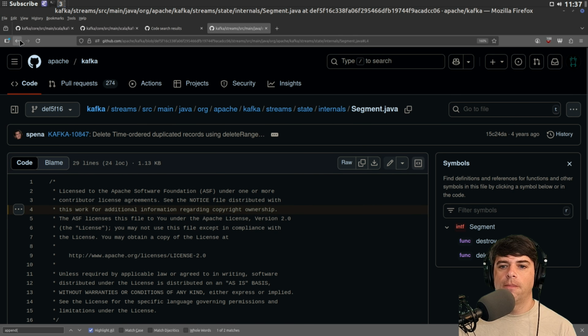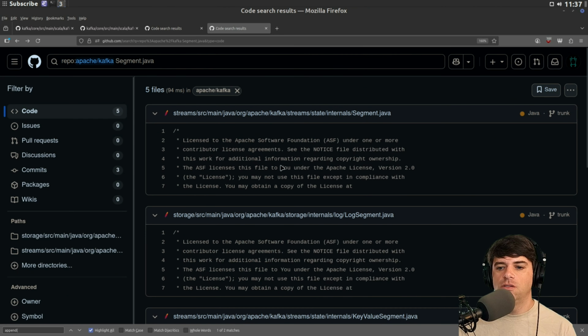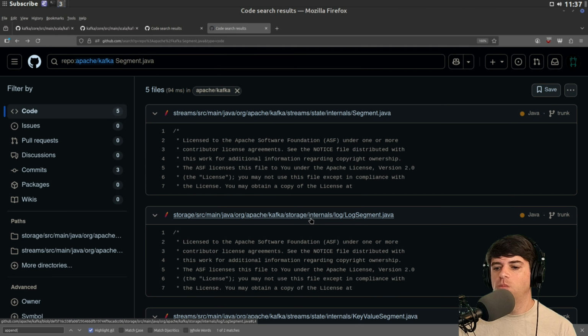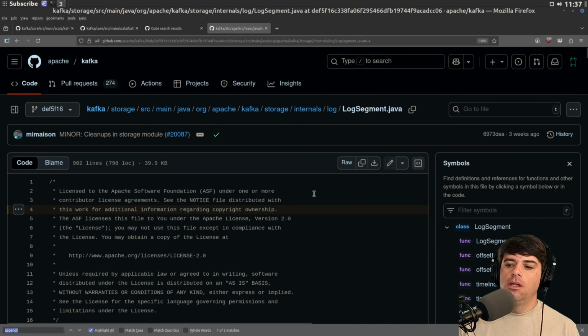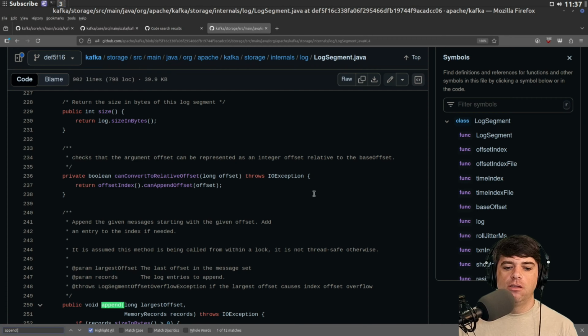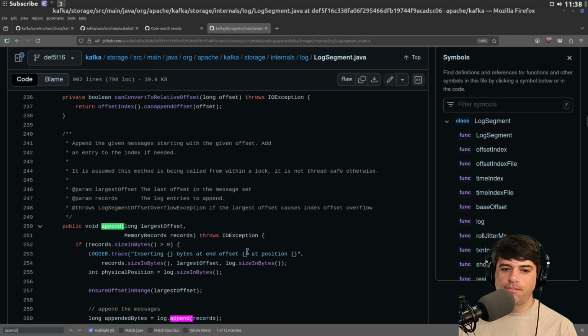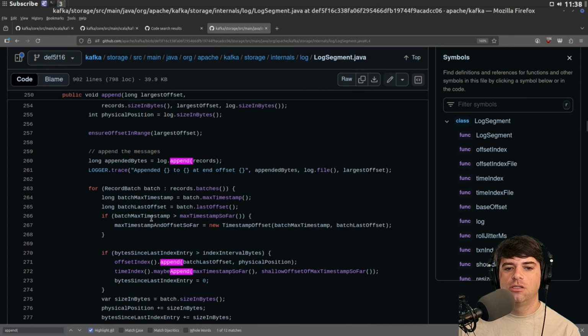This is streams. I don't really know what a stream is. I don't know if I want log segment or the stream segment. But here's append for the segment. If we look at the record size, ensure offset and range, log append bytes is equal to log.append records. Another delegation.